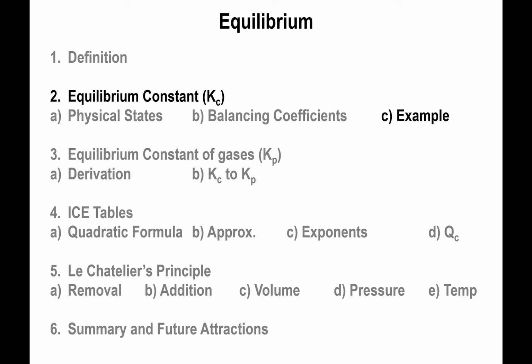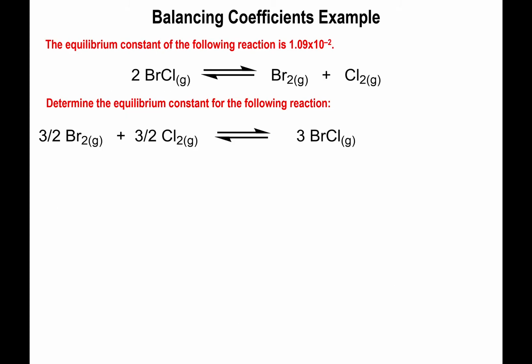Right, let's look at an example to see how these things get put together. Let's say we have the same equilibrium equation as we did in the previous video: two BrCl turning into Br2 and Cl2. In addition, I tell you that the equilibrium constant of that reaction is 1.09 times 10 to the second. If I give you the following derived equation,